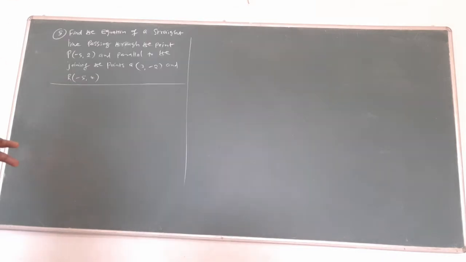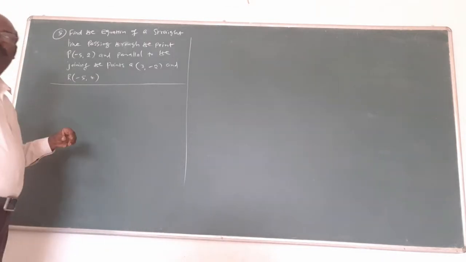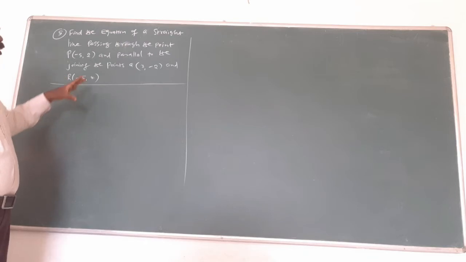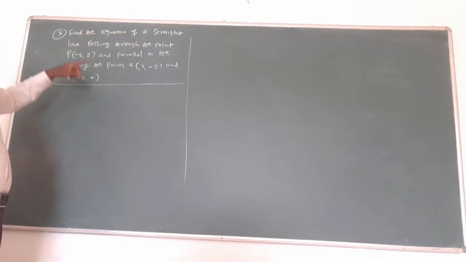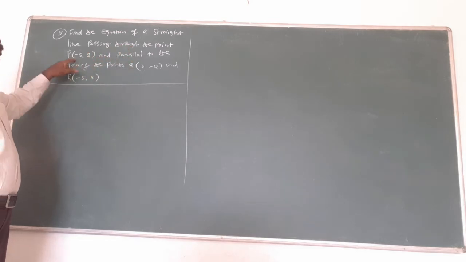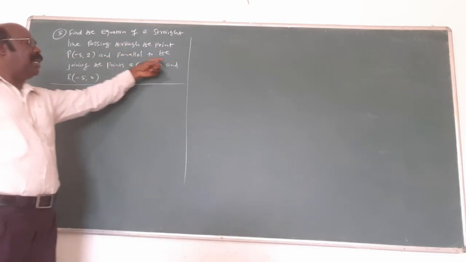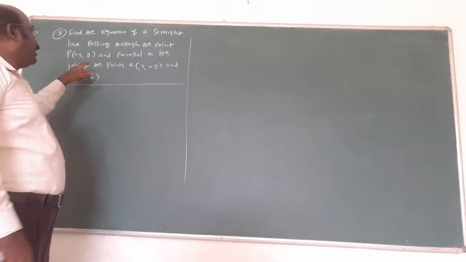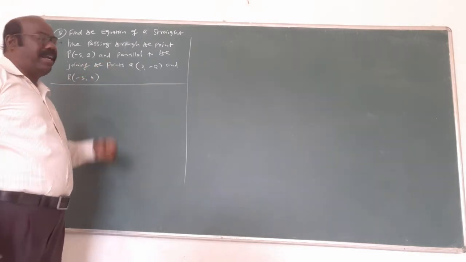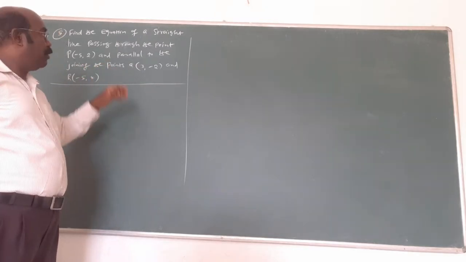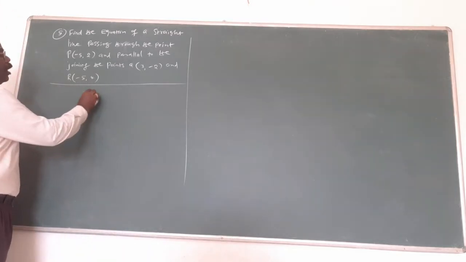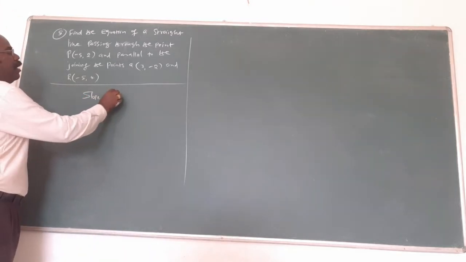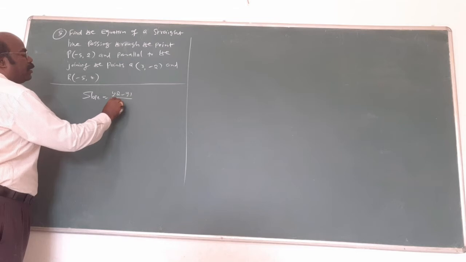That's all. Question number 5. Find the equation of the straight line. What line is asked? Passing through the given point (minus 5, 2), and parallel to the line joining the points Q and R. Already I told you the word parallel in the morning. That's your friend, slope. What is the slope formula? When two points are given, this is the formula.